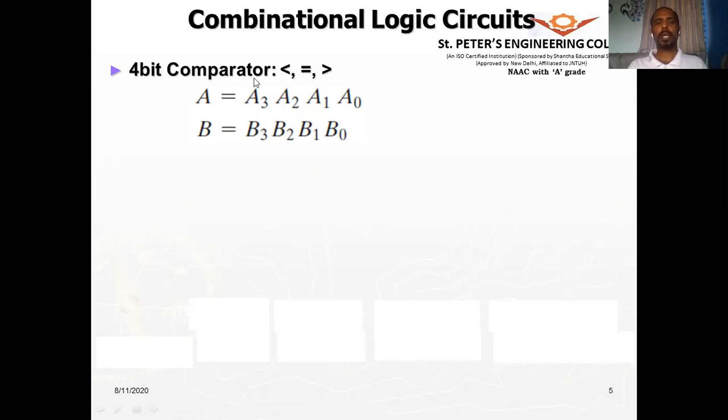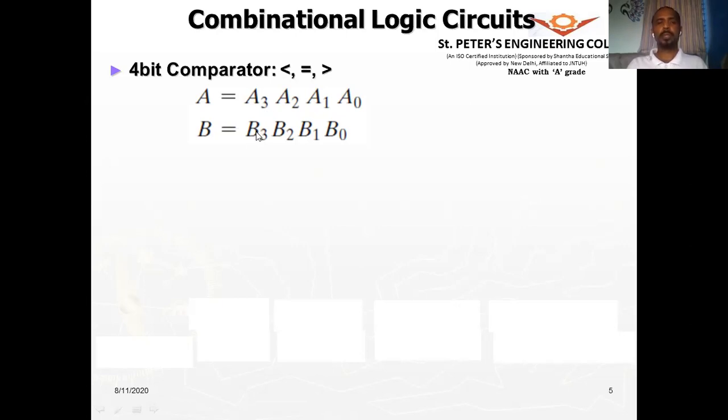Suppose B is 1 and A is 0. Since the most significant bit is high and this is more than all the other values, this binary number will be more than that one. For example, if it is 1000, that means 8, and the other is 0111, what is that value? This is 7. So 8 is definitely more than 7. So just by comparing the most significant bit, we can say whether A is less than B, or A is greater than B, or A is equal to B, right?